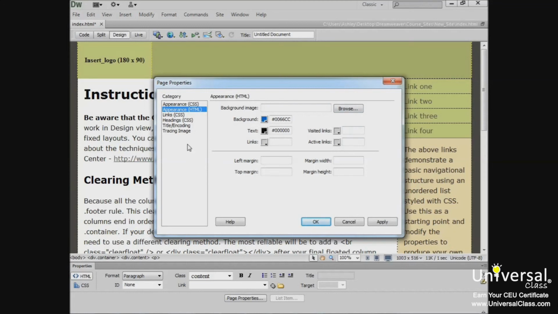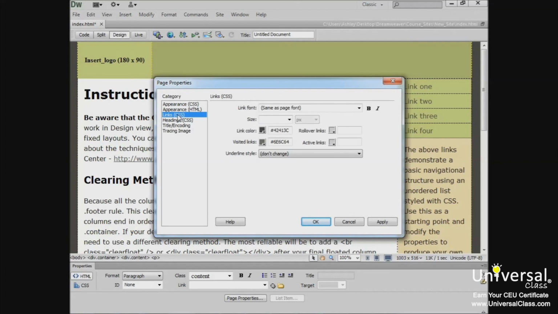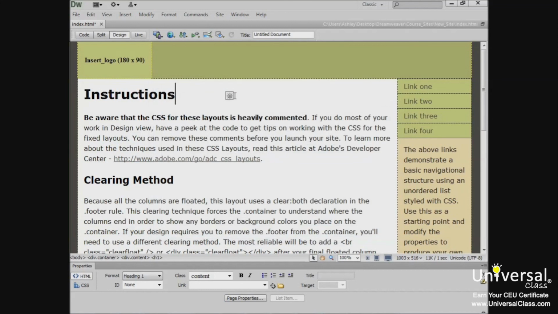Now if you look at the column on the left side of the window, you'll see right here it says Links CSS. Here you can change the link styles. When you change the style, you make it look different. Perhaps you want your links not to be underlined, as they currently are, or you want the text color of links to be a different color. You can click on Links CSS to change these things. You'll discover that the Page Properties dialog box comes in handy once you start designing your pages. For now, it's just important that you know where it is and how to use it when you want to make